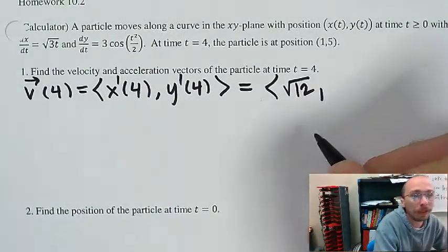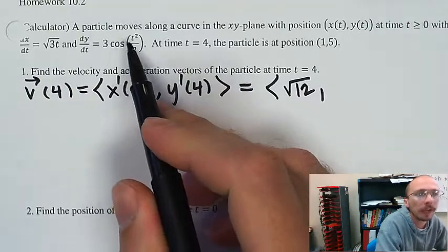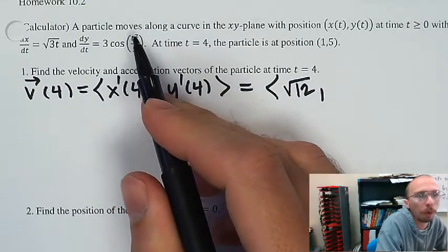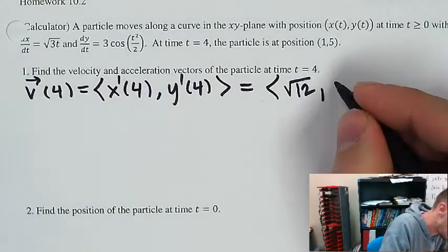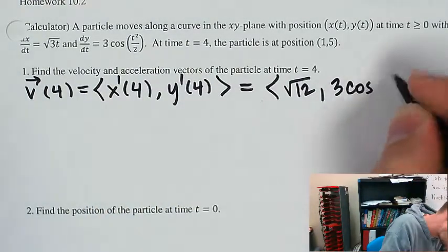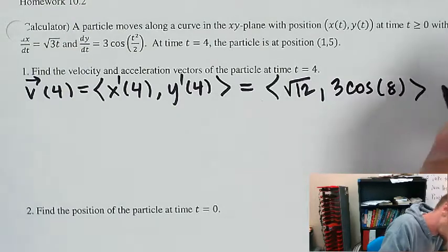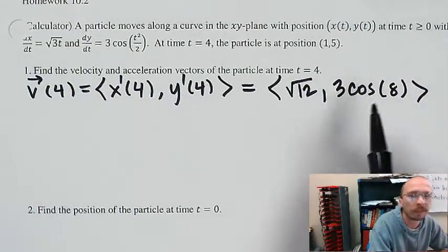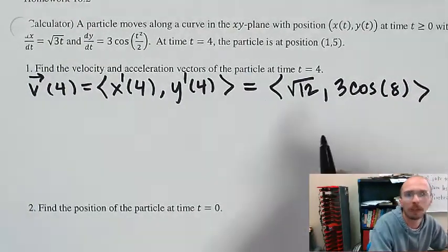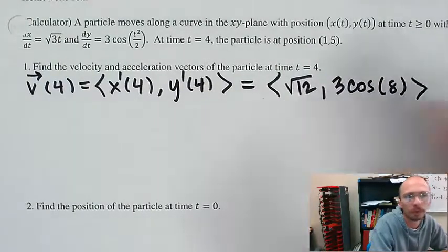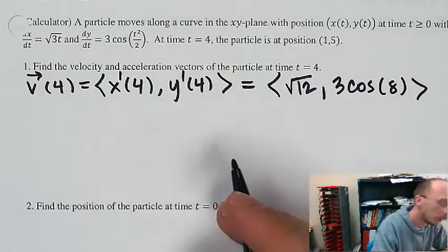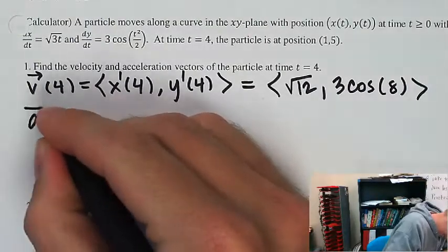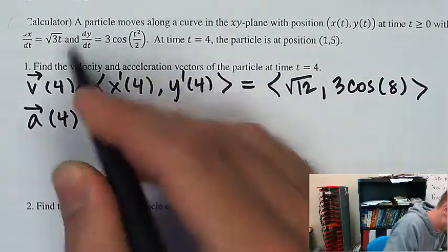I probably don't need to use a calculator for this one either, because I know how to square 4. That's 16 divided by 2 is 8, and so that's 3 cosine of 8, whatever that is. If we did need to use this and get a decimal number, then that's something we can use a calculator for. But acceleration at 4, we're going to want to take a derivative,